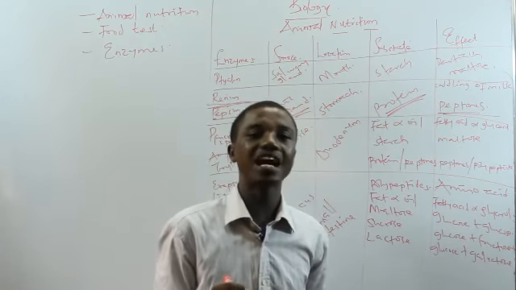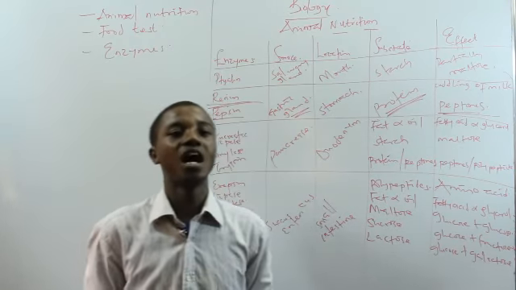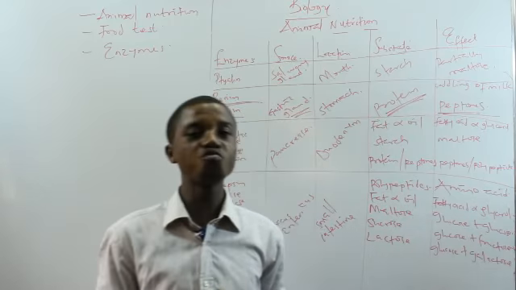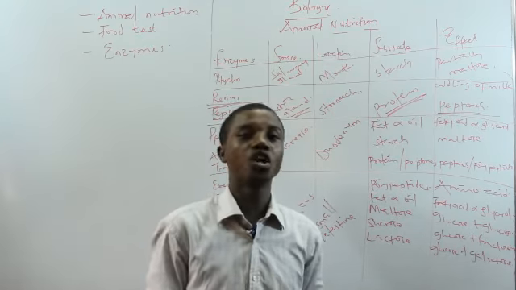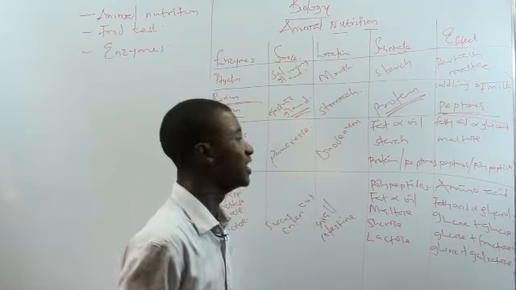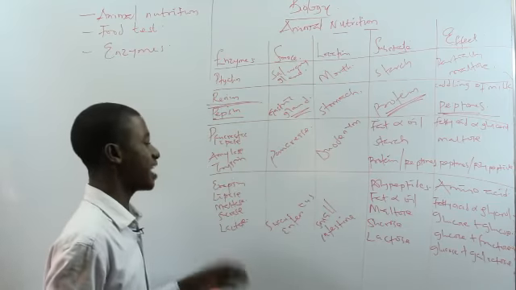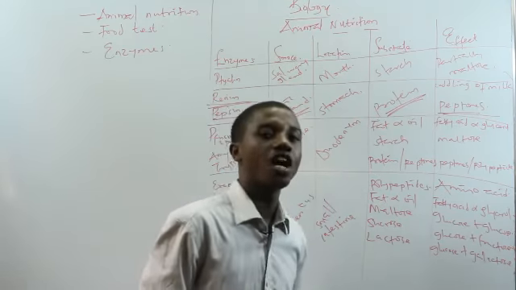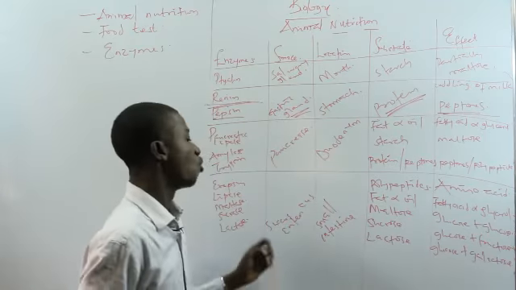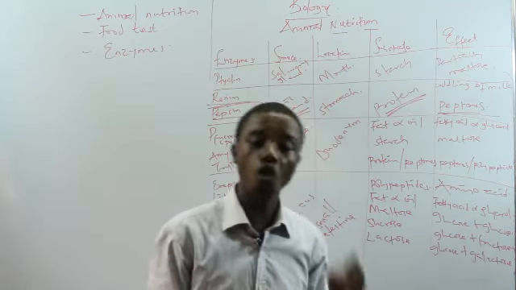And now amylase acts on starch to give us maltose, while trypsin acts on proteins and peptones to give us peptones and what? Polypeptides. So lastly, in the small intestine, we have some groups of enzymes whose source is known as the succus